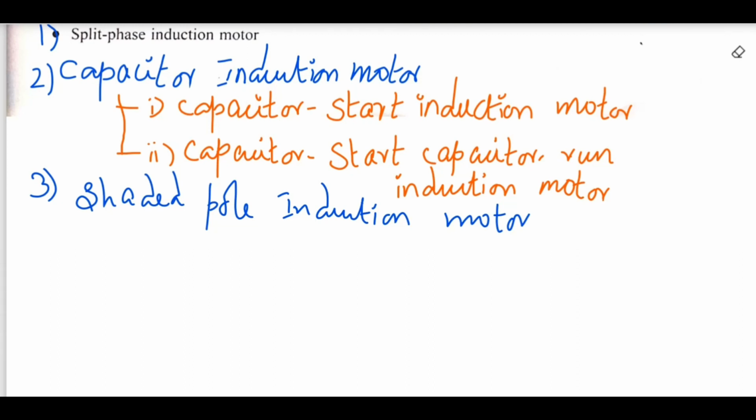These arrangements are provided in a single phase induction motor to make the alternating stator flux rotate, so that the stator flux rotates in a particular direction. Because of this, the torque produced in the single phase induction motor will be unidirectional. Therefore, the single phase induction motor becomes self-starting under the influence of the rotating stator magnetic field.